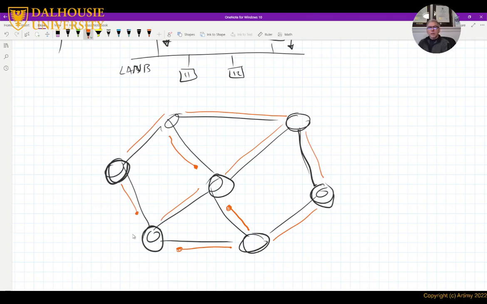Okay, so this means that if there is a station here that wants to communicate to a station here, the traffic will follow this path, right? Let me do it in green. So the traffic will go this path. It will never go this way. So why? Because I block these ports.